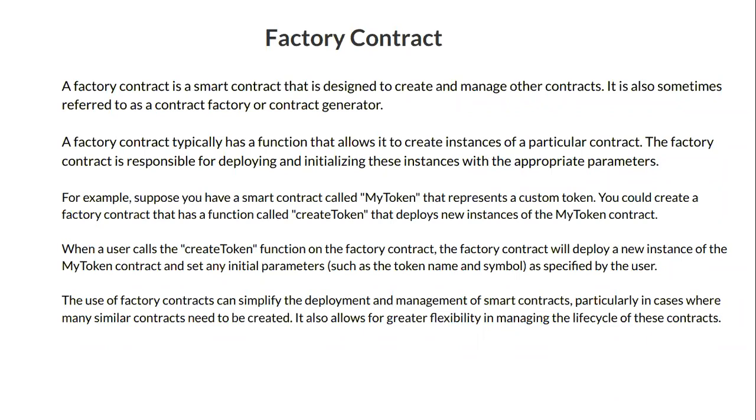So for you to be able to deploy a smart contract from a factory contract, it has to have a template, an already defined template. Then you create and generate a lot of duplicates of that template from that factory. It is that factory that is responsible for deploying the duplicates of that particular template. So a factory contract typically has a function that allows